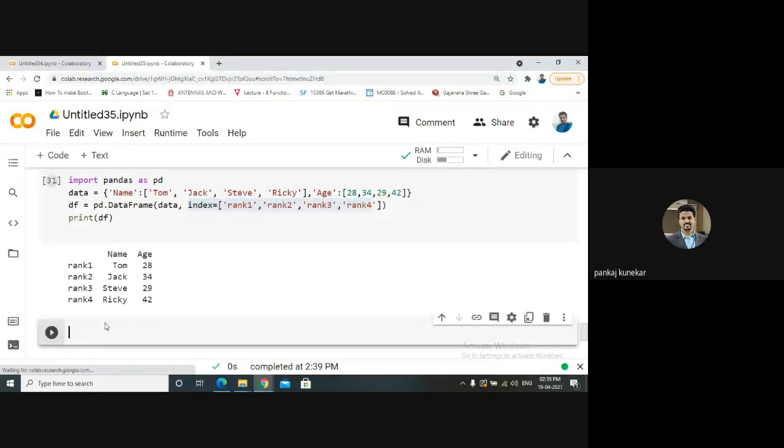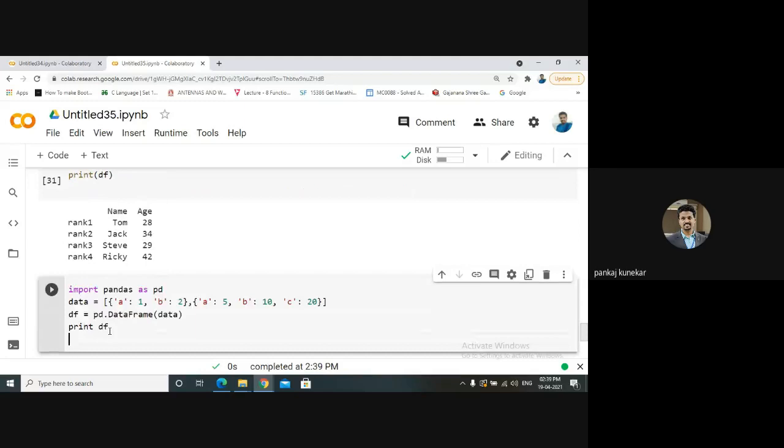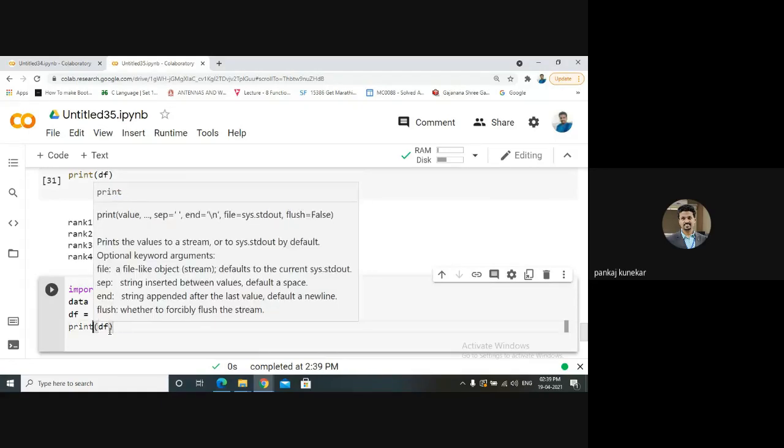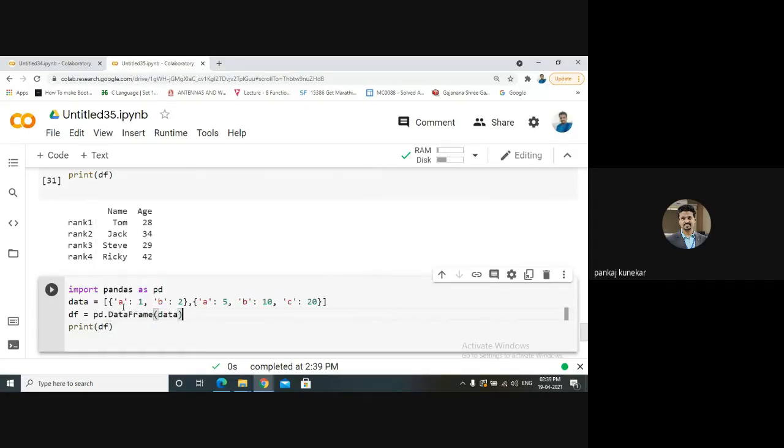Basically we require rows and columns in our data frame. Again we are using key-value pairs, passing nested dictionaries to create our data. So we have A1, B2, A5, B10, C20. This will be treated as rows and columns.